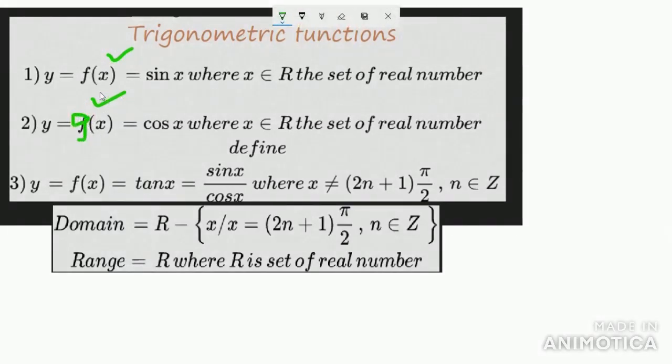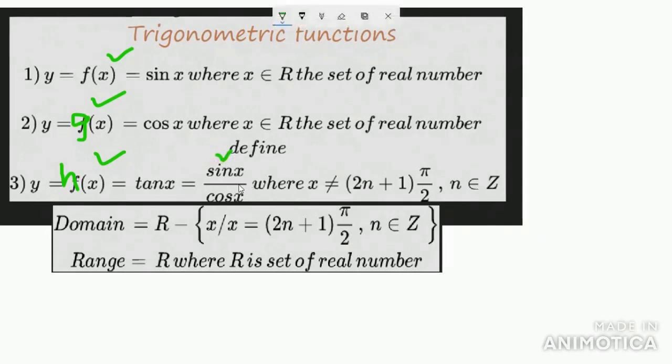If f of x equal to sin x and g of x equal to cos x, define a new function, I just call it h of x. Define the function h of x, which is the quotient of these two functions, and that is sin x divided